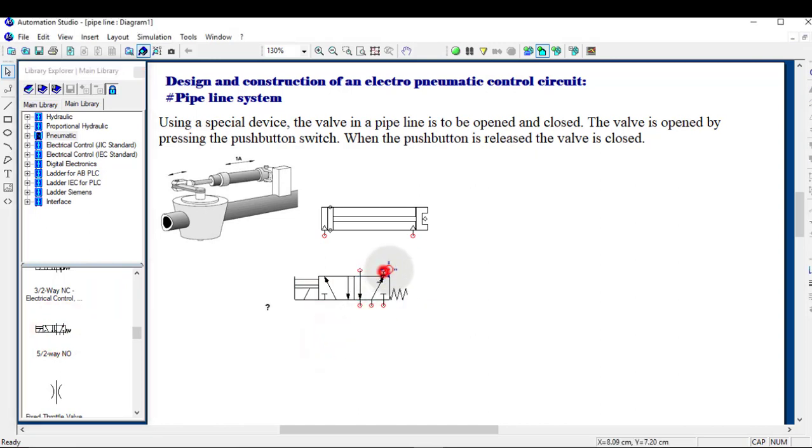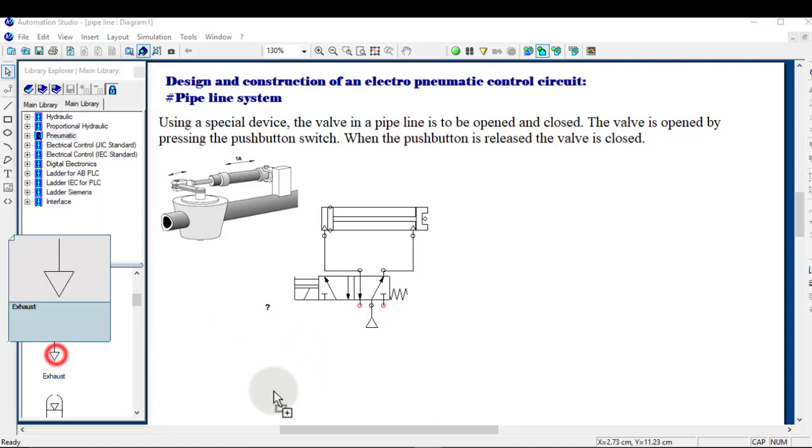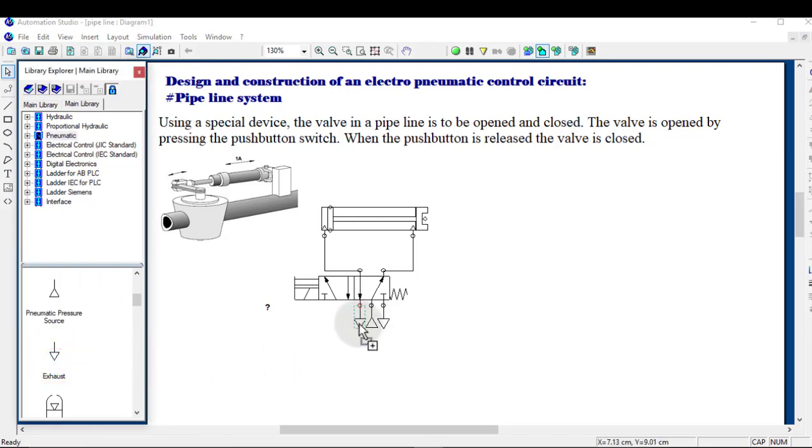That's got 5 ports. This is port 2 that goes to cylinder. That's port 4 that goes to cylinder, and then the 3 remaining ports. The central port is the supply port, and the other 2 ports are the exhaust port. So we put the exhaust there,